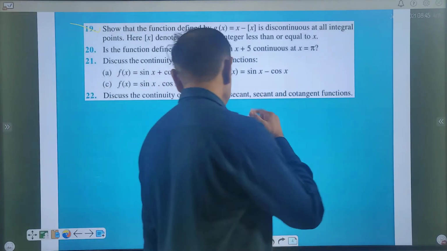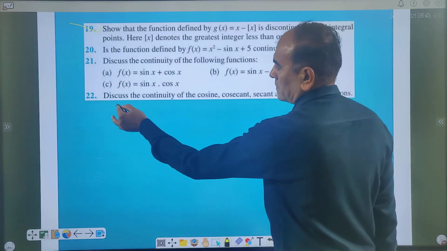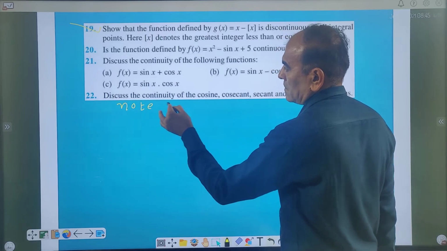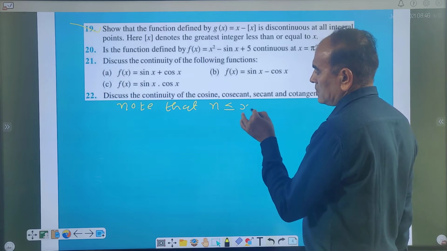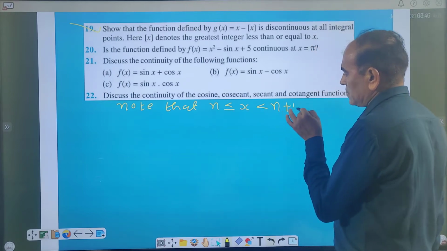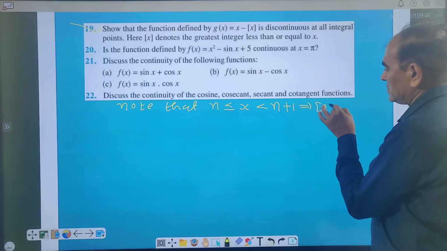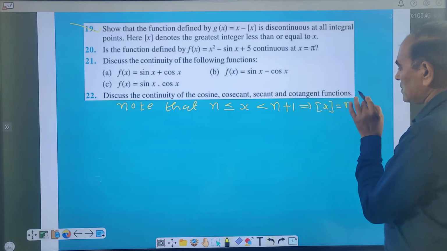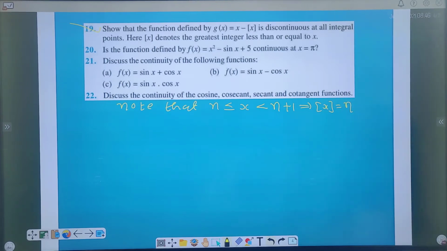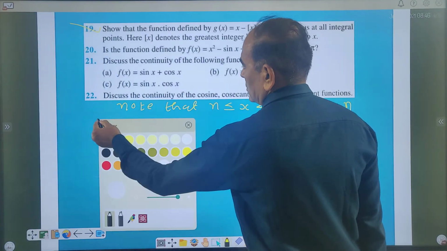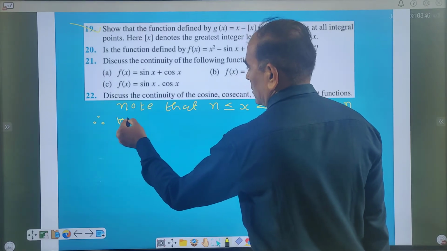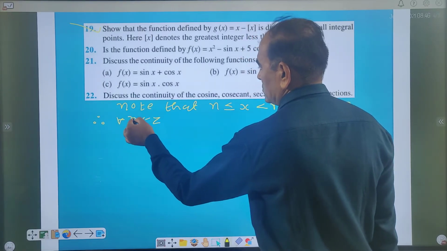Now see, first of all we need to note that n less than or equal to x less than n plus 1 implies the integer part is equal to n. Integer part function is n. That we know. Now, therefore, for all n belongs to Z,